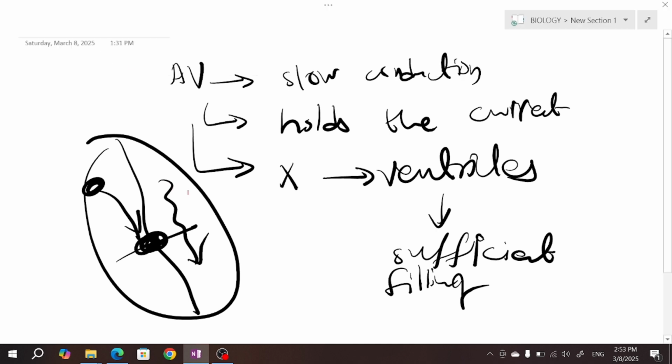Blood from the atria will be filled sufficiently, to the sufficient extent